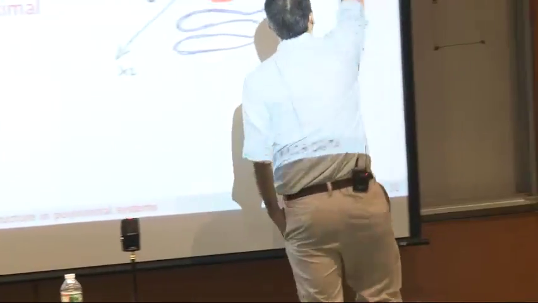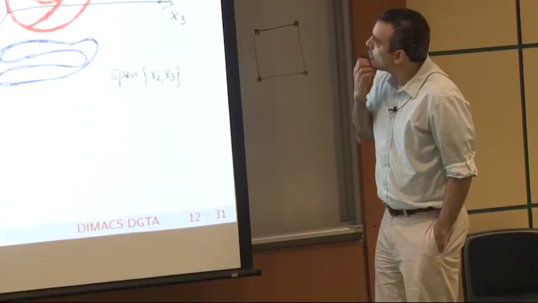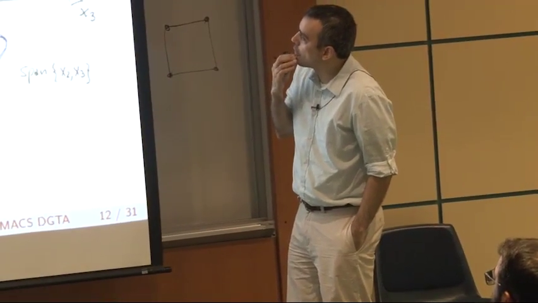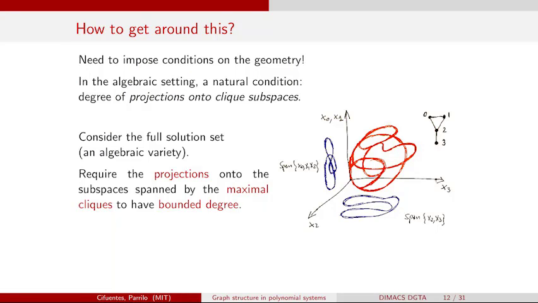Right, so let me go back to the example that I had before. Think about my example for a graph, where I had this clique and this edge over here. What I'm going to do is try to understand the following. What I have here, the red curve, is the full solution set of my equations. I have a set of equations that I want to solve, and they will have some solution set. If it has a finite number of solutions, this may be a cloud of points.